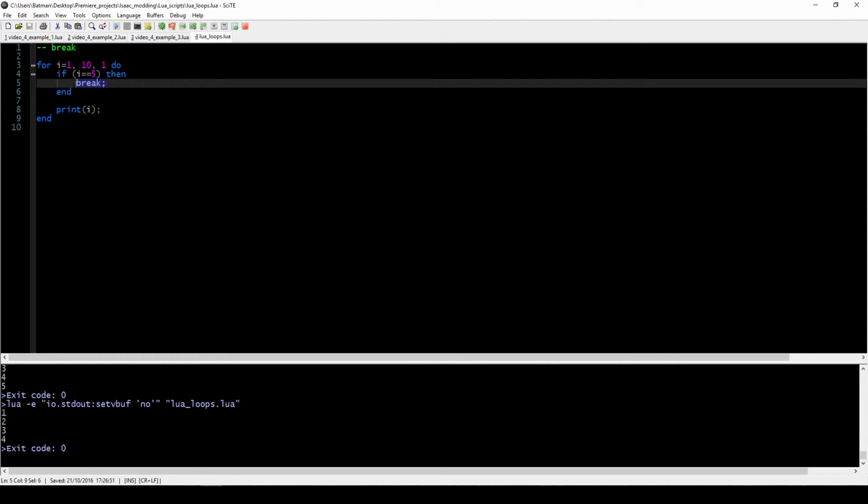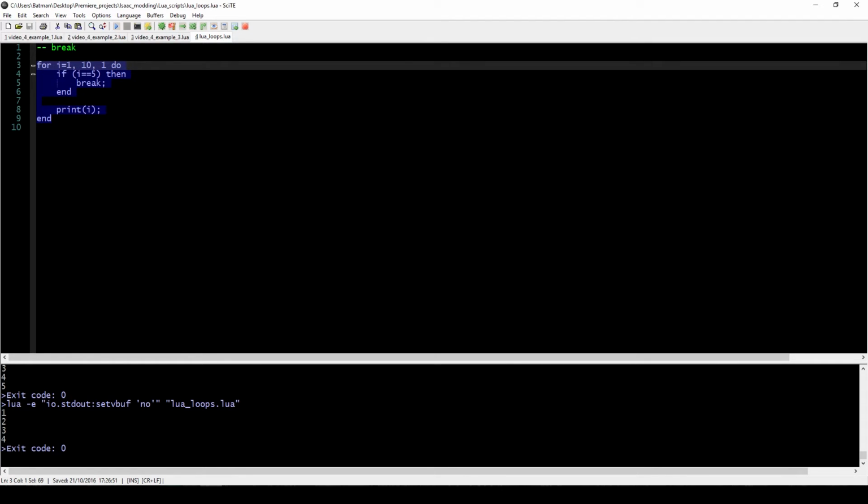But breaks are just a way for you to stop the loops prematurely. And sometimes they can be used as double checks. Maybe you want to have more conditions to check and you don't want to cram everything in just one line. Or maybe sometimes it's easier to write it in this logic, or maybe something can happen in your code to indicate that something is broken and then you want to stop the loop for whatever reason. So I just wanted to mention that this is a possibility of using a break to stop your